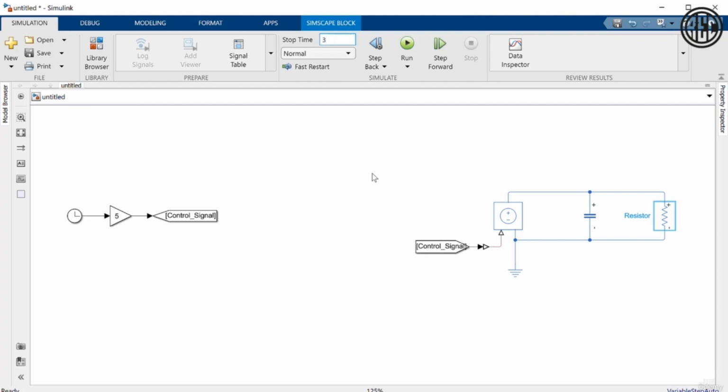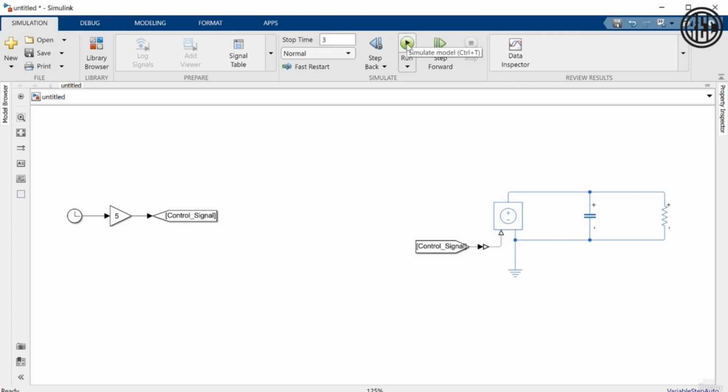So this is how long the simulation is going to run for. And again, remember that that's not actually how long it takes for your computer to run the simulation. It is the time that the simulation runs in real time. So in other words, Simulink is going to say, okay, this is what the circuit would look like for 3 seconds in real life. It doesn't necessarily mean that it's going to take your computer 3 seconds to run. What it means is that Simulink is going to present the results as if the circuit had run for 3 seconds. So let's change that to 3 seconds, and I'm actually going to try to run this simulation now, and